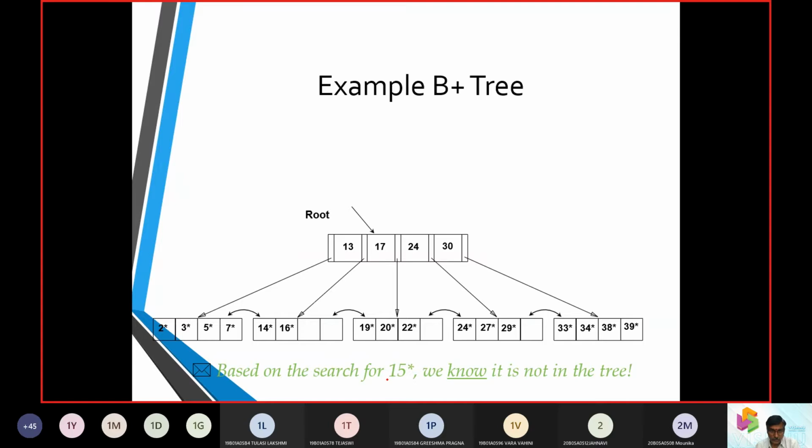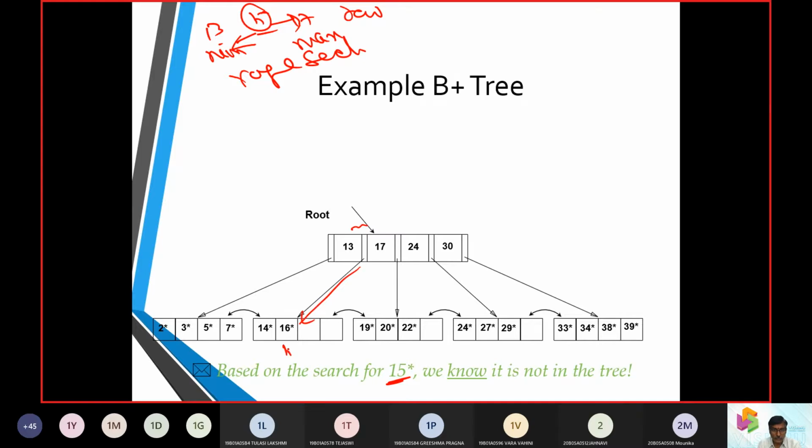Okay, fine. Now let us see whether we can find 15. So when 15 comes up, it checks between 13 and 17, where 13 is the minimum value and 17 is the maximum value. We call this a range search. So it searches between 13 and 17 in the root node. Then it goes to this point directly and sees whether 15 is available. At this point, we can say unsuccessful search, because element 15 is not found.